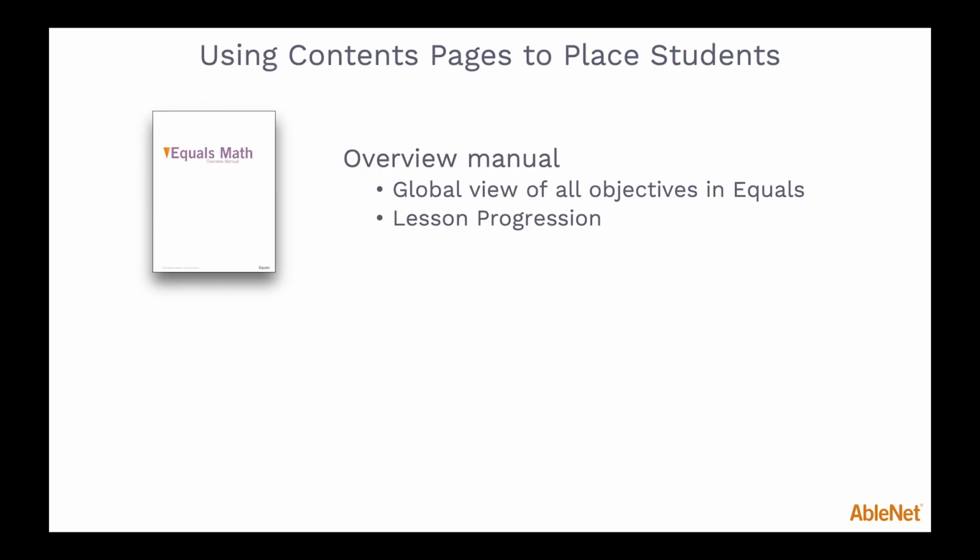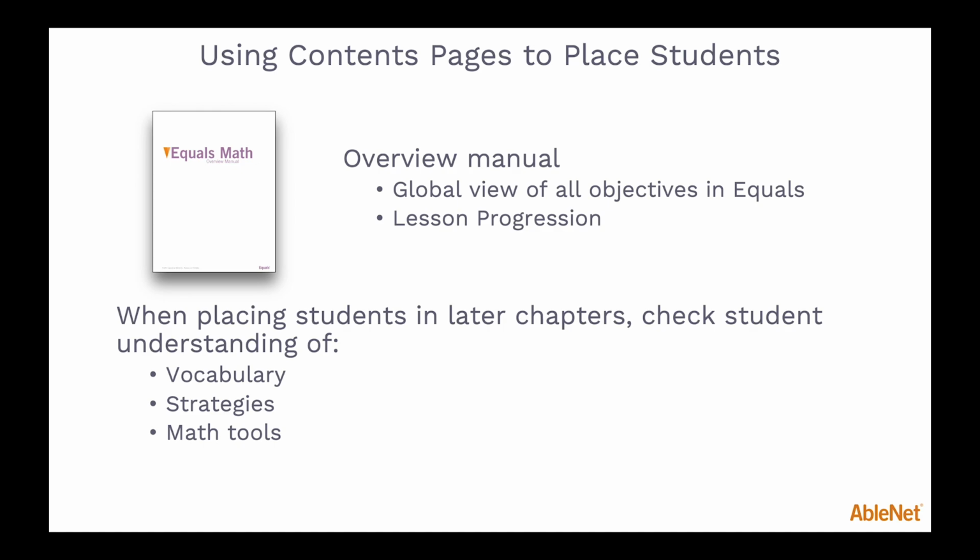Once you have an idea of where your students' skill sets are, consult the contents pages to locate an appropriate placement. I recommend using the contents pages found within the overview manual as opposed to the contents pages within the teacher's guide, so you can get a global view of all of the skills taught within the entire curriculum. As a reminder, the lesson objectives are ordered in a progression. One section of skills is going to build and extend to the next section of skills. This is not restricted to lesson objectives, however, as you will find that vocabulary, strategies, and tools also support deeper